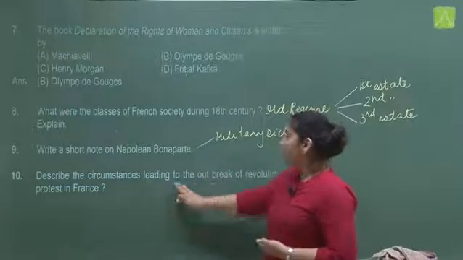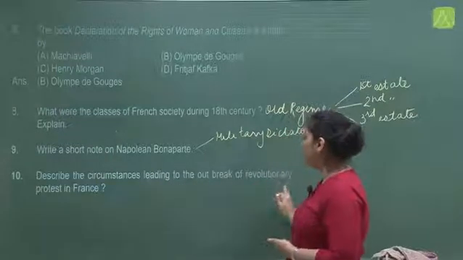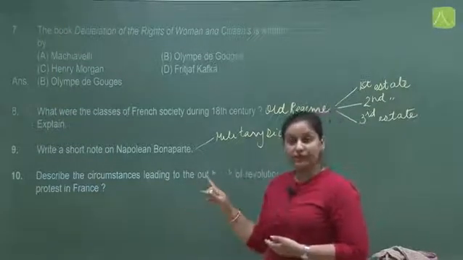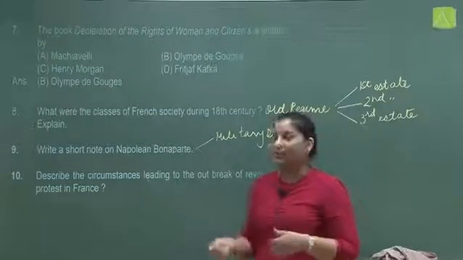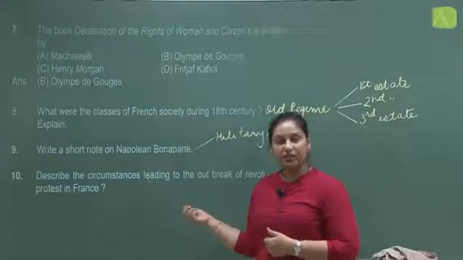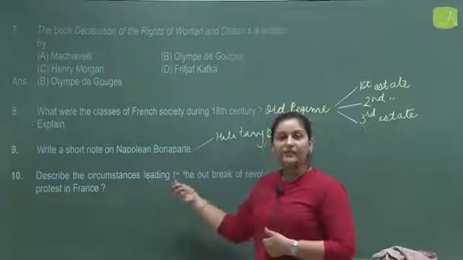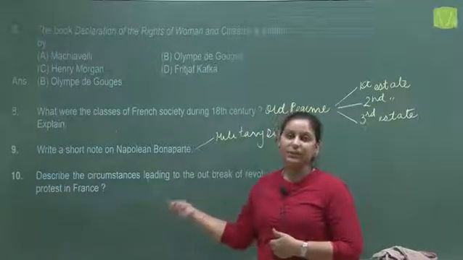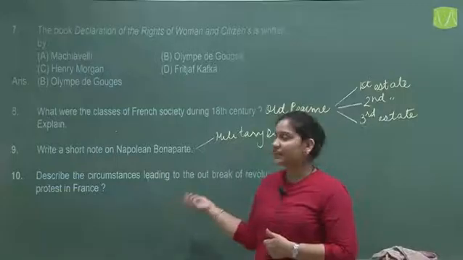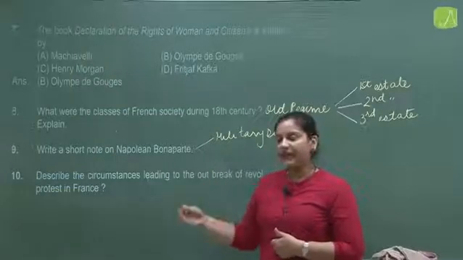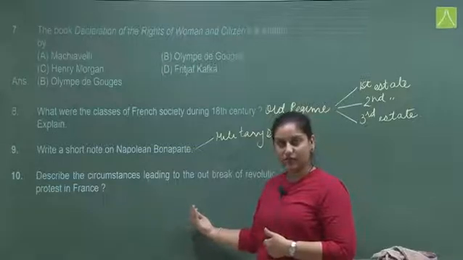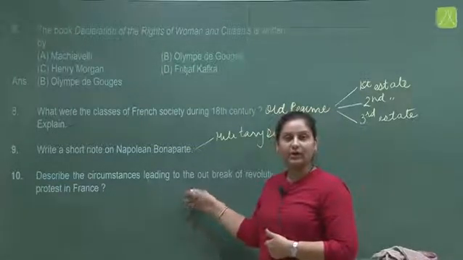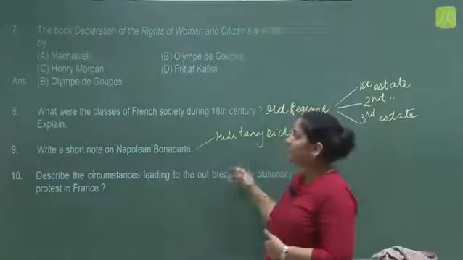You have to write here the circumstances leading to the outbreak of revolutionary protest in France. आपको यहाँ पर mention करना पड़ेगा the incident of the meeting of Estates General which was conducted. और इस मीटिंग में थर्ड एस्टेट के मेंबर्स को पार्टिसिपेट करने का मौका नहीं दिया गया था. They left that place, formed the National Assembly and started drafting the constitution of France. You can here also write about the Tennis Court Oath. The next question,